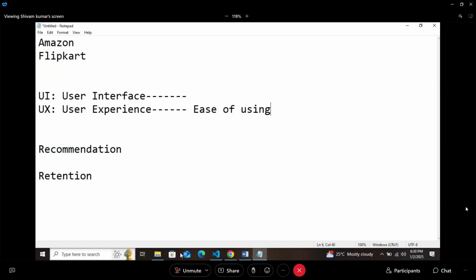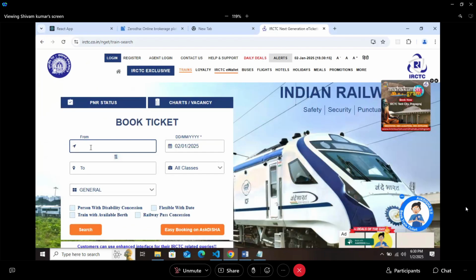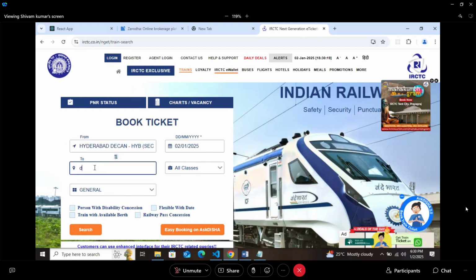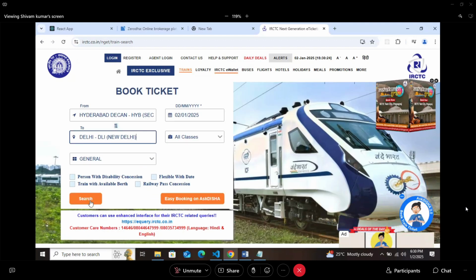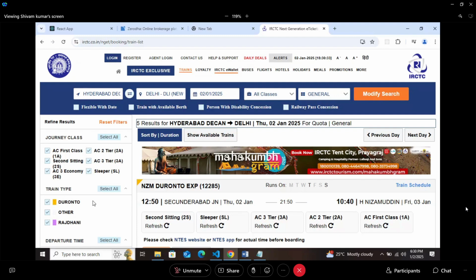Now let me show you one website. Let's talk about this one only. Let's say I am traveling from Hyderabad to Delhi. Search it. The interface is coming here. If you are not a frequent user, you cannot understand this interface, what it is showing.